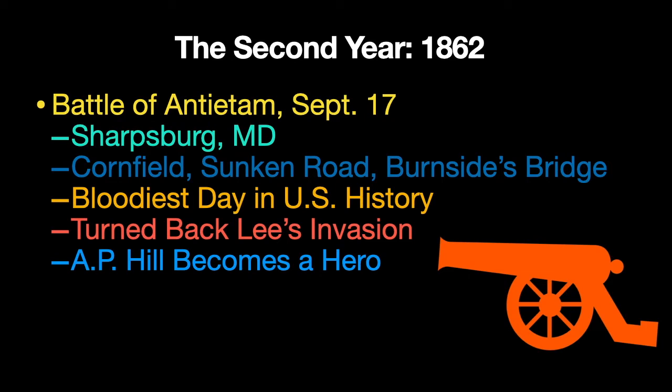Ambrose Powell Hill, a character in The Killer Angels, becomes a hero this day. At this battle, Robert E. Lee almost got captured, and A.P. Hill rushes troops all the way from Harper's Ferry, Virginia. It's West Virginia now, but it was still Virginia at that time. He rushes troops from Harper's Ferry all the way to Sharpsburg in order to arrive just in time to save Robert